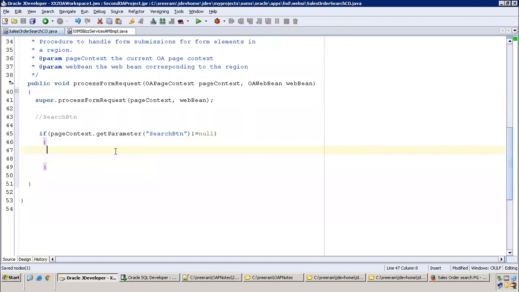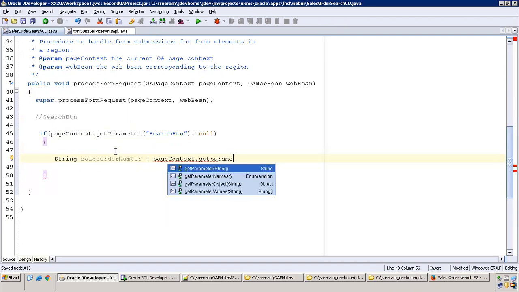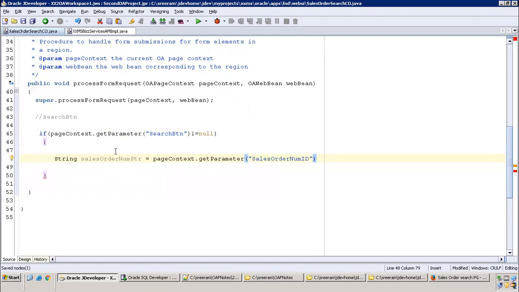But first, you need to get the value, isn't it? So I'll write String salesOrderNumberStr is equal to pageContext.getParameter, mention the ID. That's it.